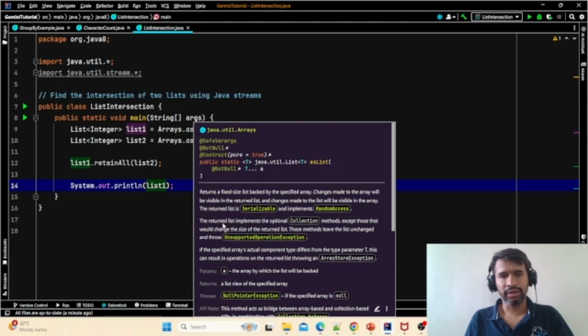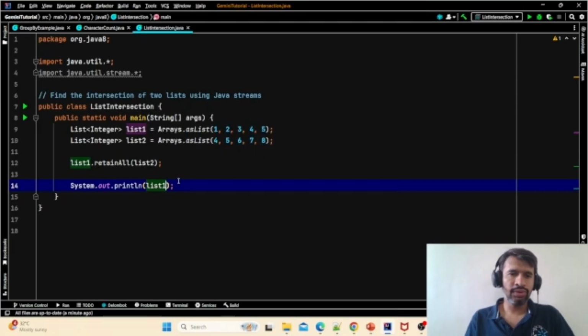Basically, it is an unmodifiable list, an immutable list. You can't change it. So either you can change this creation method to make it mutable, or one more way you can do is